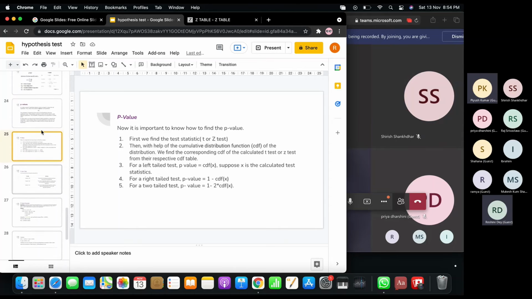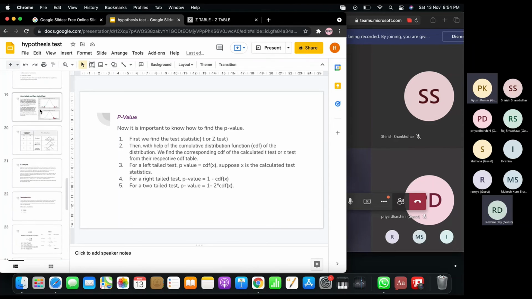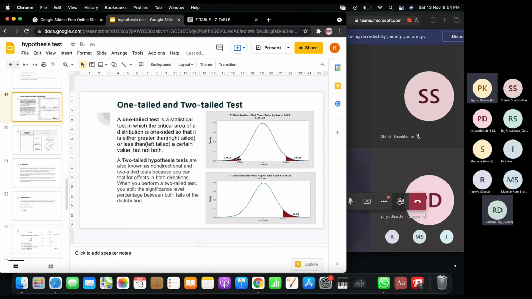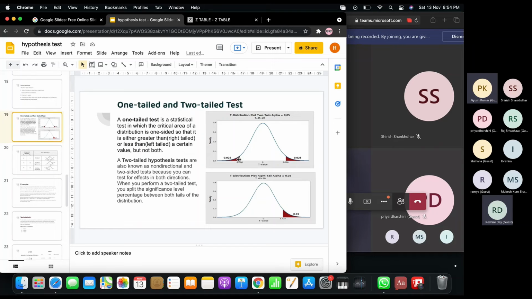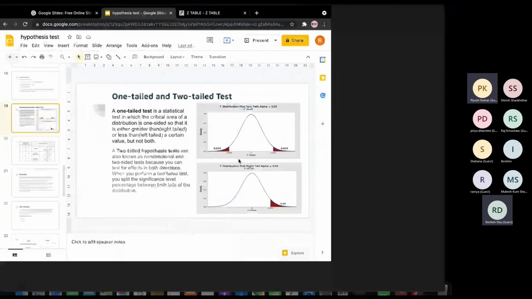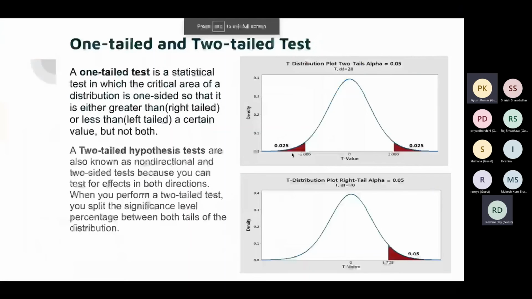Another definition of p-value I have not added, just in my mind, is that p-values are the extreme values beyond the level of significance. They lie in the extreme level of the rejection region, which is somewhere here. Suppose my level of significance is here, that is minus 2.086. So my p-value will be somewhere here in the shaded region. P-values are mostly the extreme values of the level of significance. So yes, that is it. Is the p-value clear?